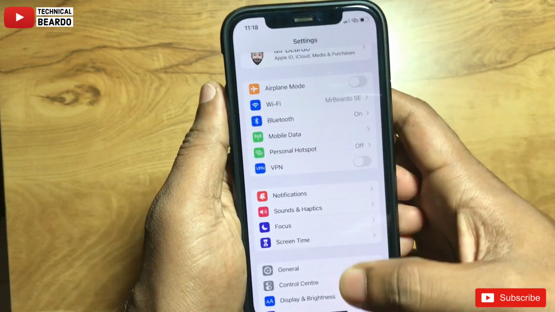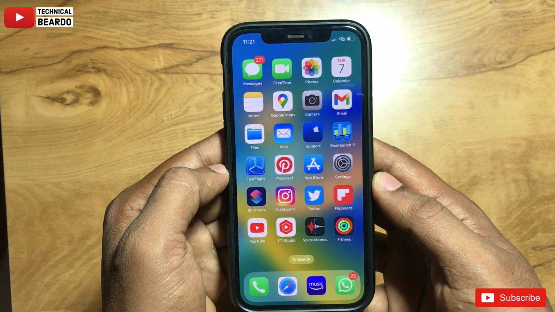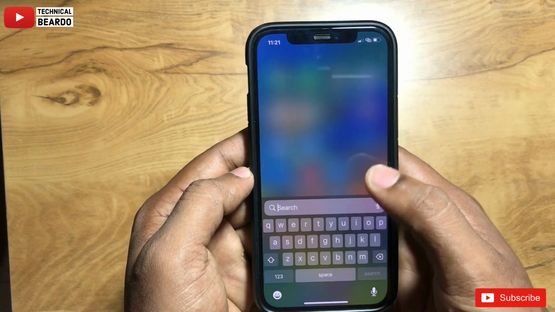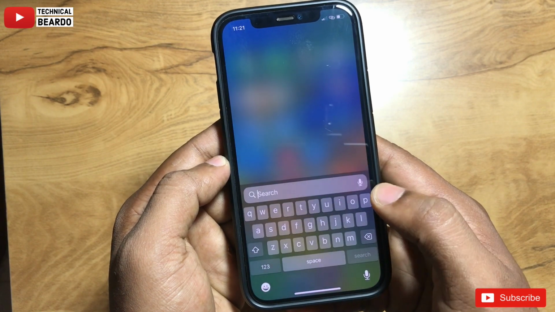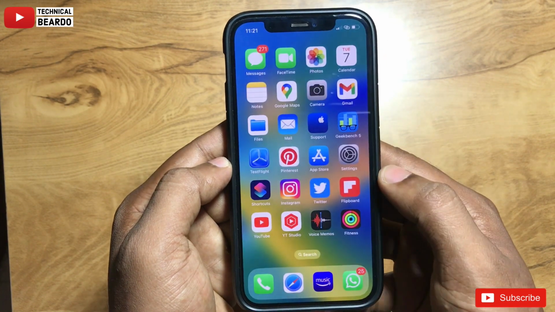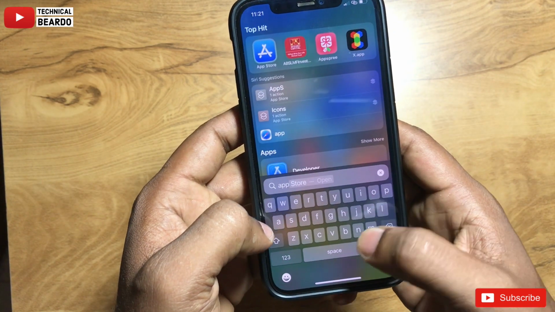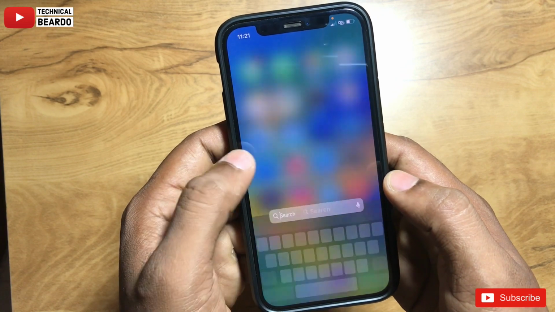So now let's talk about the next setting. Next we will talk about Spotlight. It is a search feature available on your iPhone home screen. Earlier, to search anything we had to drag the screen on our iPhone home screen and type the keywords. But now there's a button, just tap on that, it will display the keyboard. Just type your keywords and it will show you the results on your iPhone home screen itself.